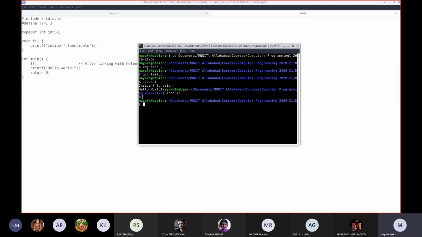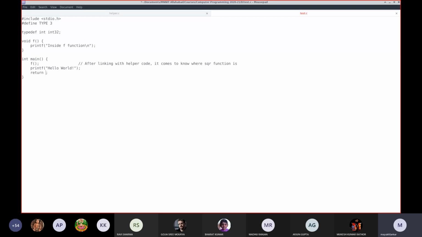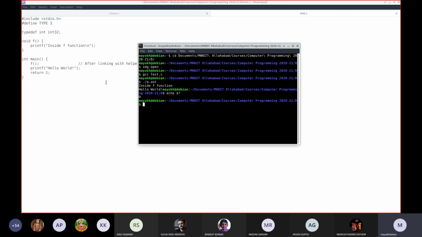It is not visible at the application level, but inside the operating system, the operating system keeps information about which process ended abnormally and which ended normally. Suppose if I put here return 1, that means I'm representing some abnormal termination. From the user level, you did not understand any difference, but the shell and the operating system know about this.